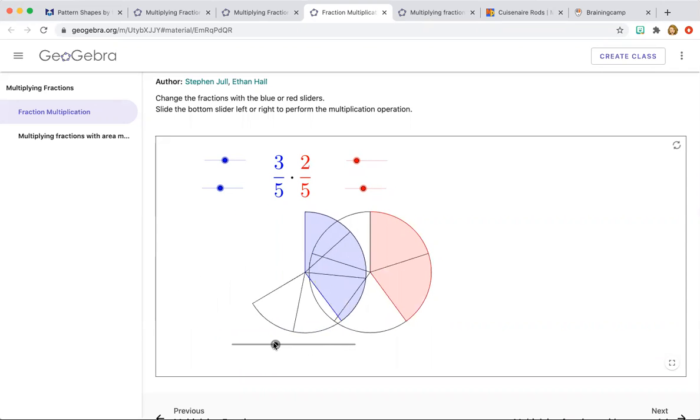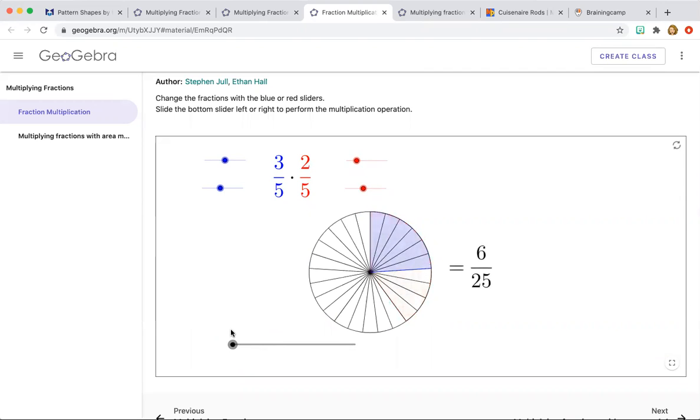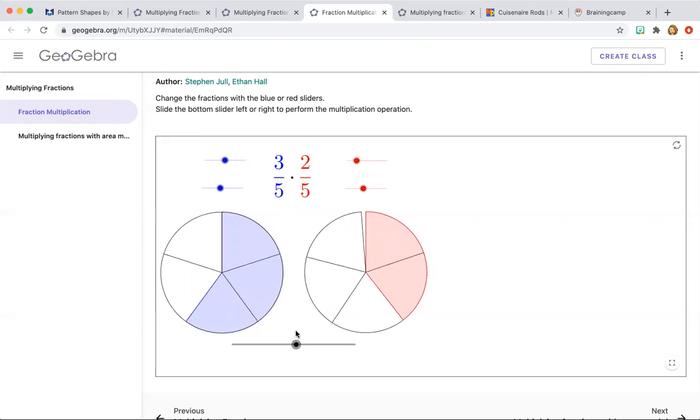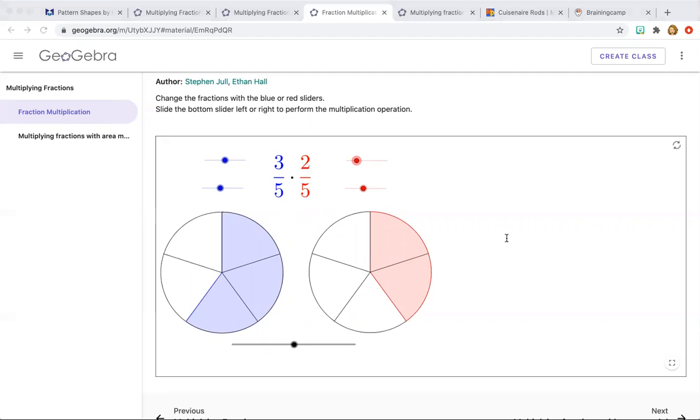Or if you want to think about it as 3/5, right? Took all those 3/5 and we wanted of those 2/5, right? It leaves us with that 6/25. So play with this and notice those patterns. Start to recognize why things work the way they do. The next example I have in the slides is 9/10 times 1/4. If you want to check that one out,